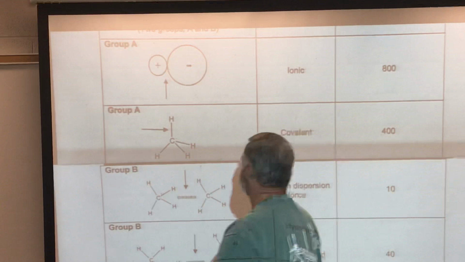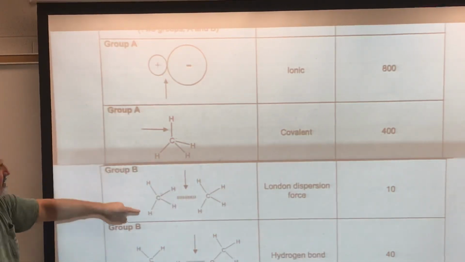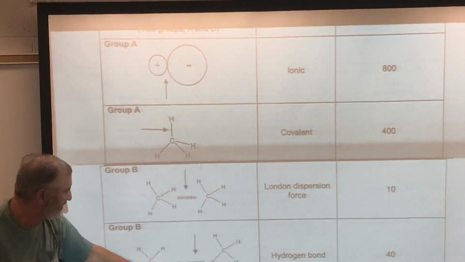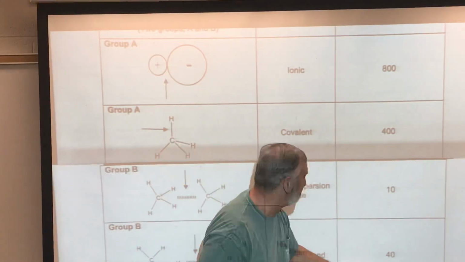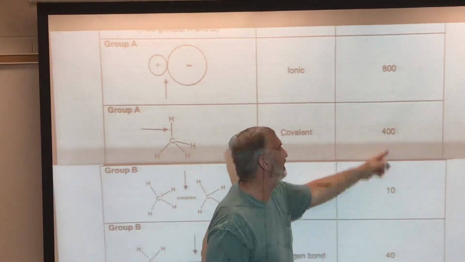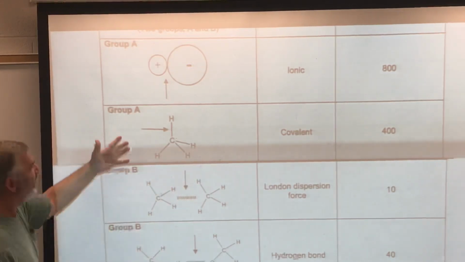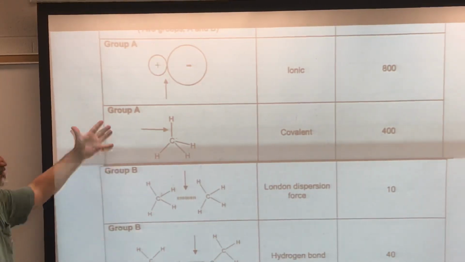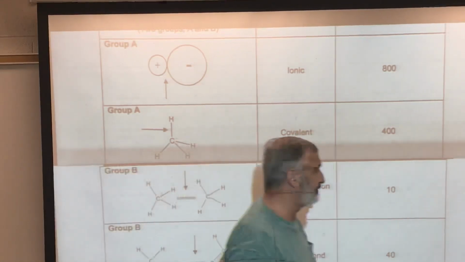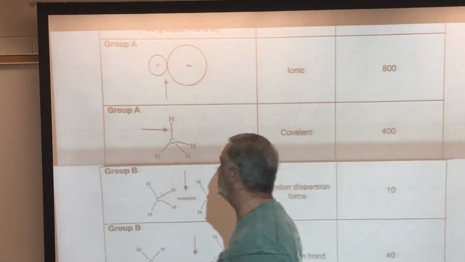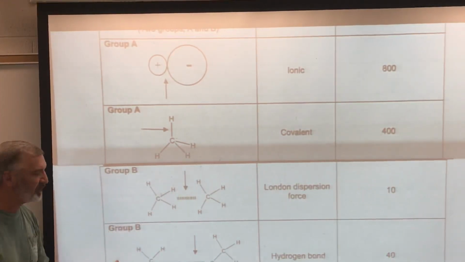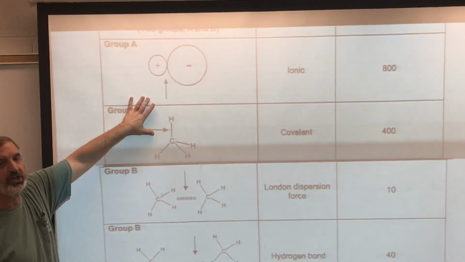All right, so if I'm looking at group A, I just have these, but in group B we're showing the bonds between molecules. It also shows over here, and this is kind of an important thing, look at the difference in the strengths of those bonds. You have your sheet, hopefully you're looking at it. The next question says intermolecular forces are non-covalent interactions between molecules. Which group consists only of intermolecular forces? Inter meaning between. So obviously group B are intermolecular forces, whereas group A is an intramolecular force.